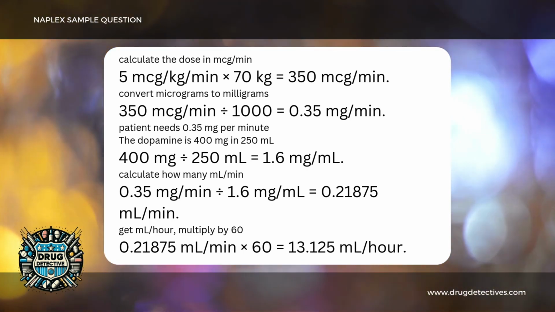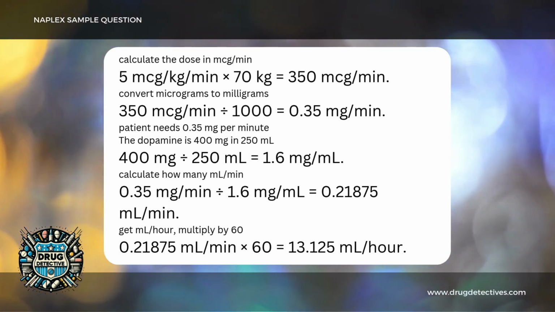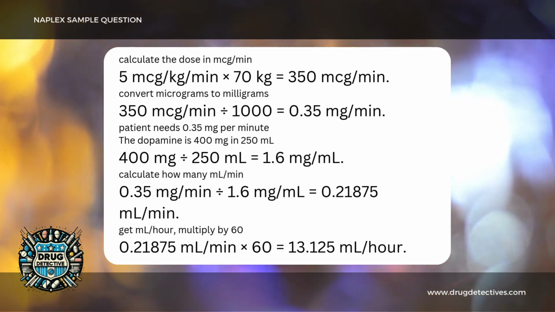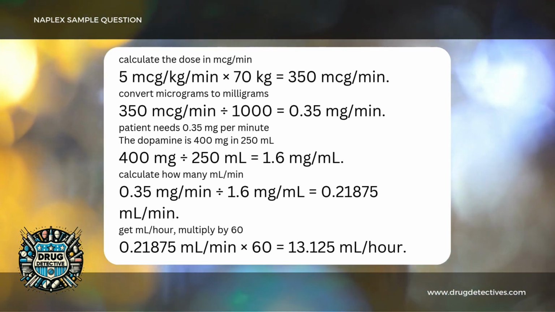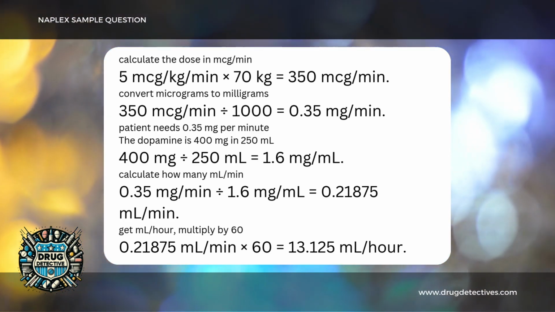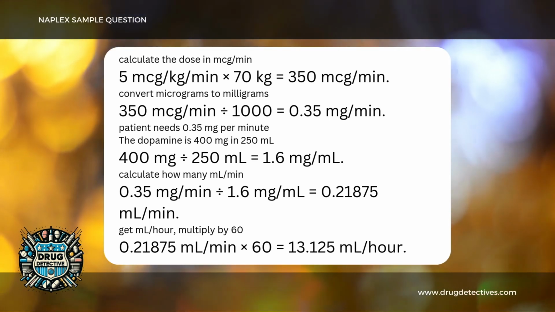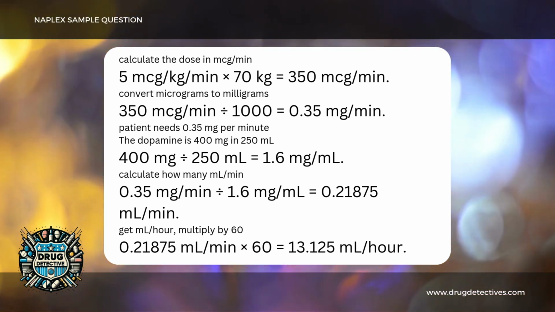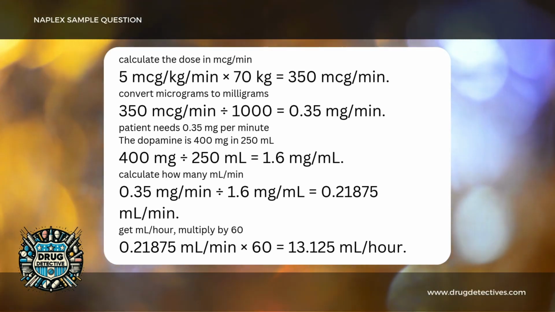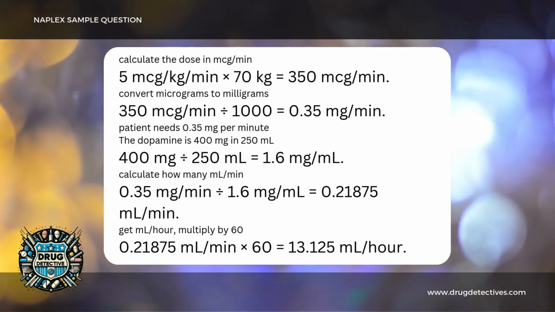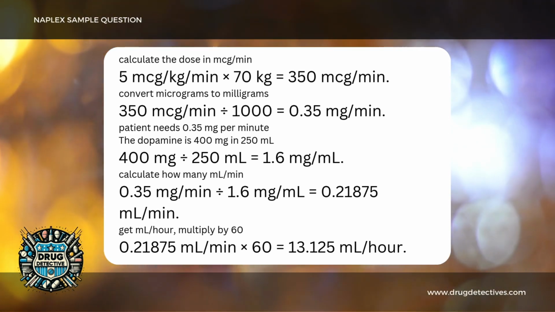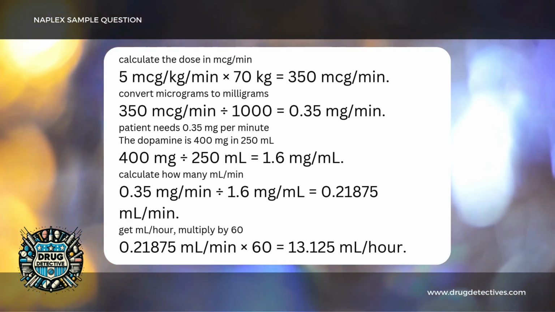Let's figure out the concentration. The dopamine is 400 milligrams in 250 milliliters. So 400 milligrams divided by 250 milliliters equals 1.6 milligrams per milliliter. Now we calculate how many milliliters per minute we need to deliver that dose. 0.35 milligrams per minute divided by 1.6 milligrams per milliliter equals 0.21875 milliliters per minute. Finally, to get milliliters per hour, multiply by 60,